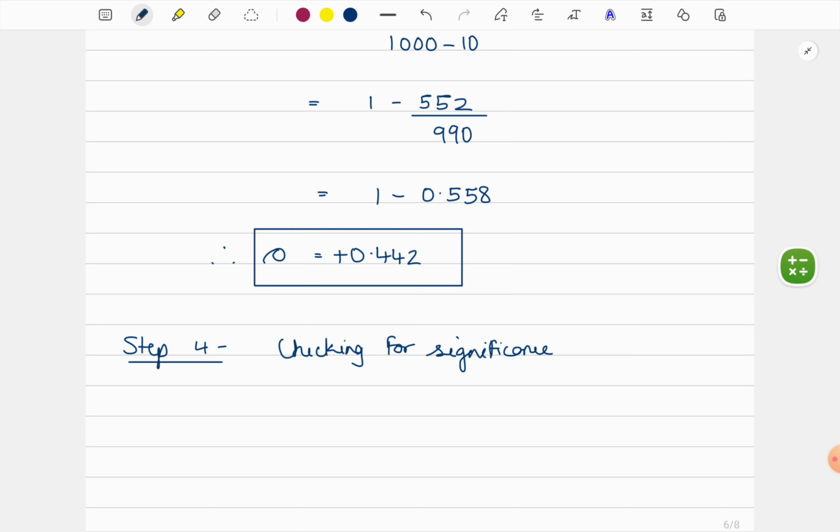Okay, so now checking for significance, we need to know what is the critical value of rho. Means what is the value on the table or the tabled value. For that we have to take note of n again. So we can write since n is equal to 10. And we want to check at 5% significance, 0.05 significance. Why I am saying 0.05? Unless they have specified otherwise on the paper, the convention is to take 0.05 level. Okay, so significance level